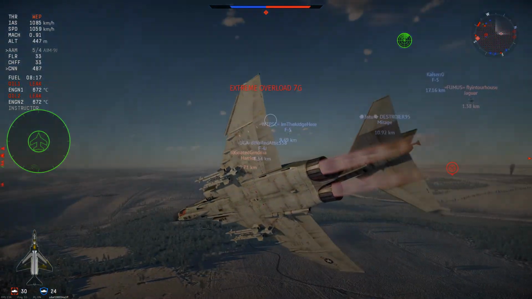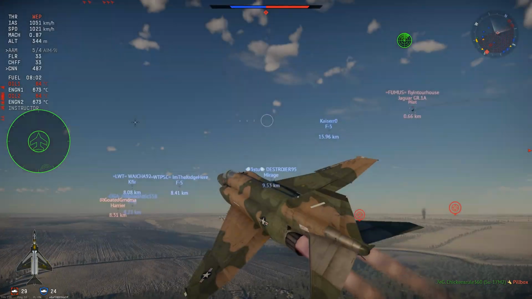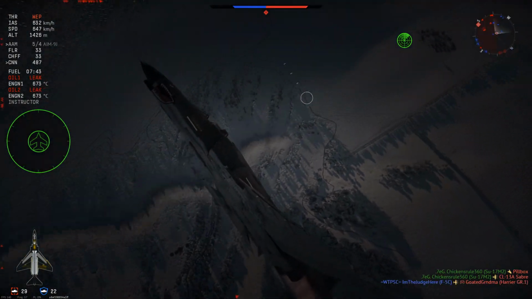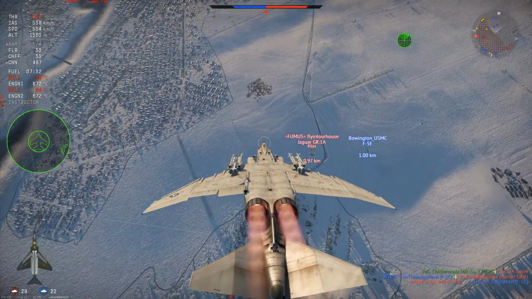And then finally, there's that sweet M61 Vulcan. The Vulcan is probably my favorite gun at top tier. It has a very high rate of fire, very high bullet velocity, and very good range. All of those characteristics making it very easy to aim. Like I said a second ago, I think I get more kills with the Vulcan than with the missiles a